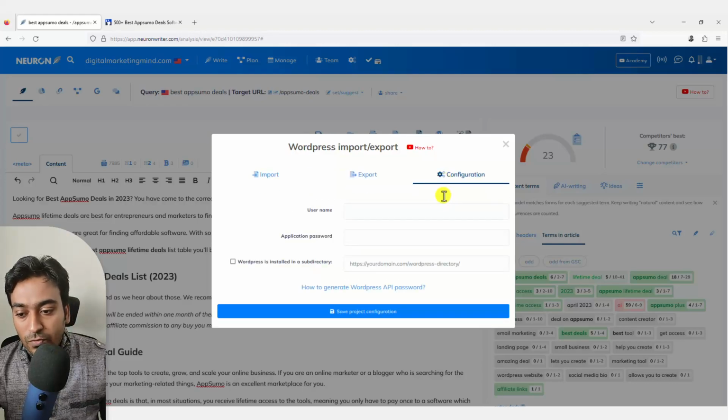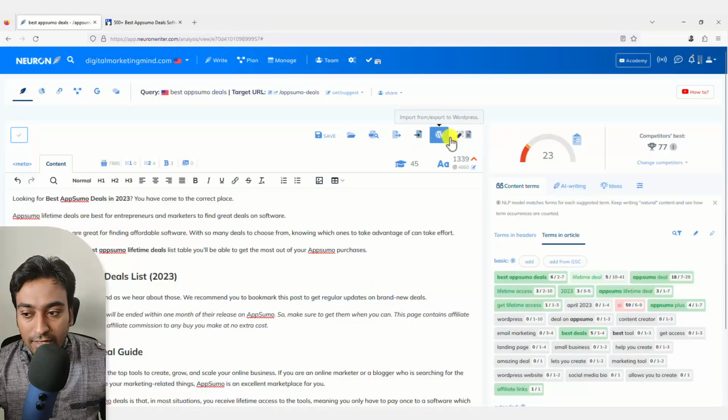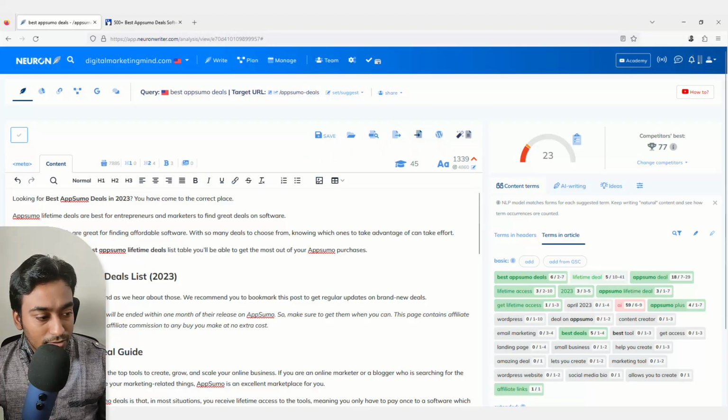And configuration is where you configure and set up this WordPress detail for you, so that data is available within WordPress for you. Article draft, I'll explain in a bit more depth because I have a logical order to explain it much better. So wait for this.